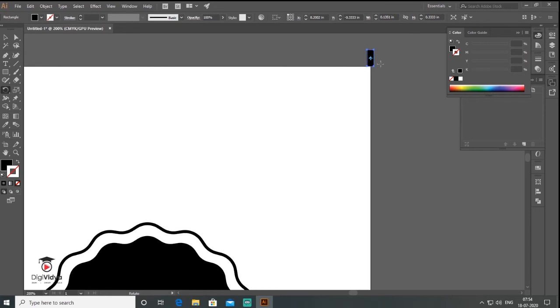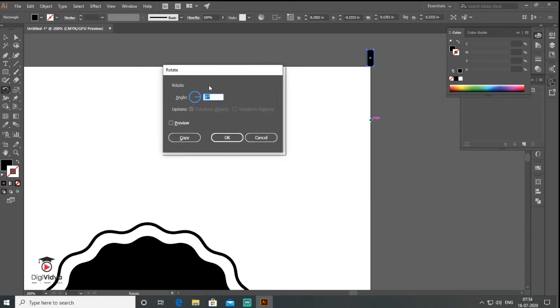So for that, this is a tips and tricks for you guys. Just select the rotate tool first. I want to rotate from here. I want to make a registration point from here. So what I do, just hold the Alt key and click on it, simple.